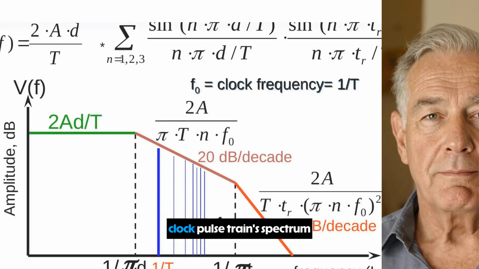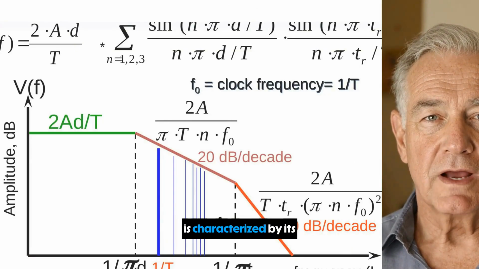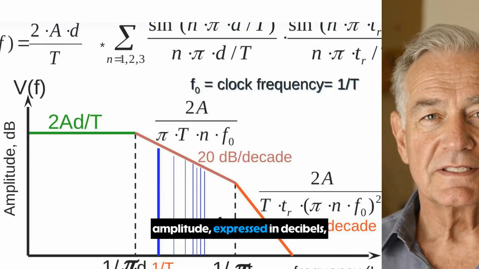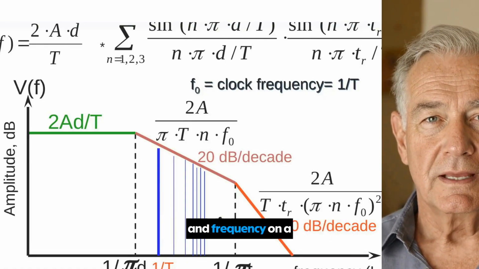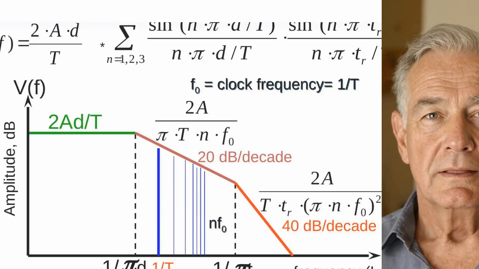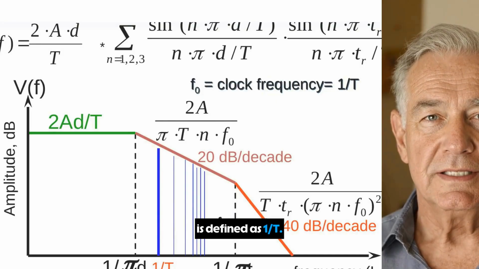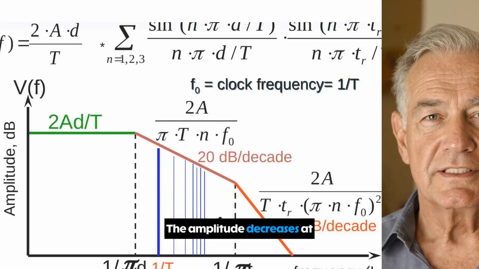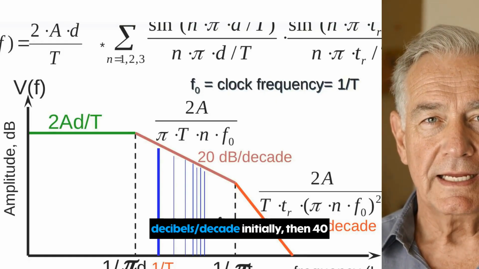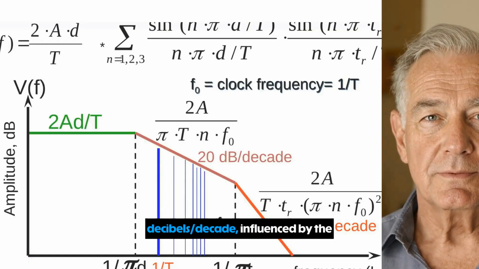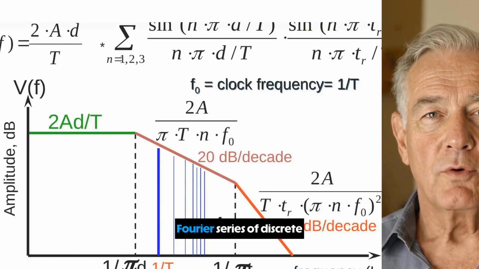The envelope of a clock pulse train spectrum is characterized by its amplitude, expressed in decibels, and frequency on a logarithmic scale. The clock frequency, F0, is defined as 1/T. The amplitude decreases at a rate of 20 decibels per decade initially, then 40 decibels per decade, influenced by the Fourier series